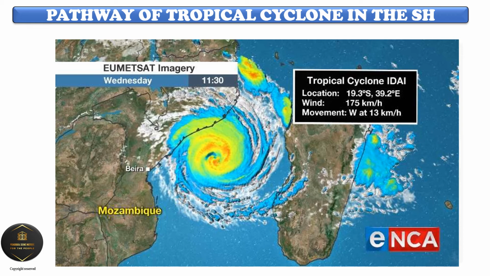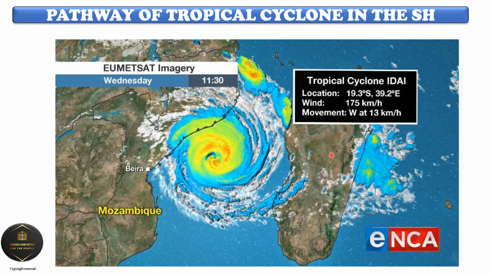So we need to always remember the movement. Because of that, it means in a way parts of Africa will always be shielded a bit from a devastating system. But there are times where it happens that as soon as the system has affected Madagascar, it